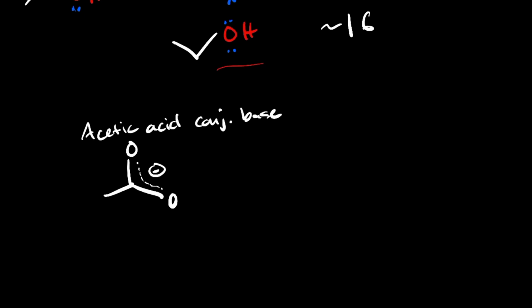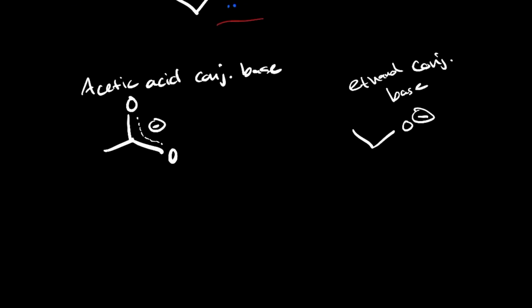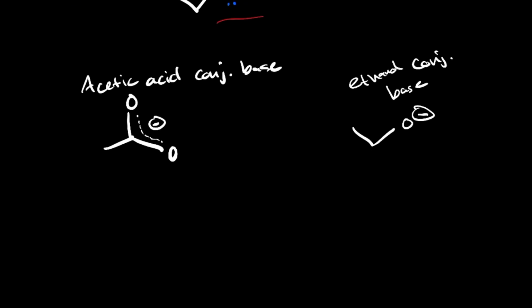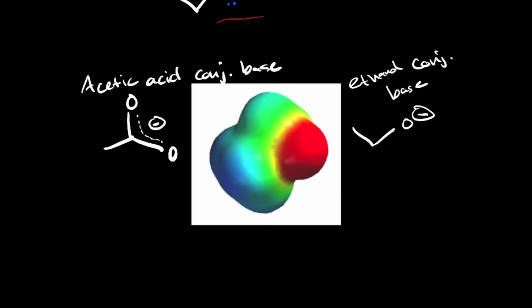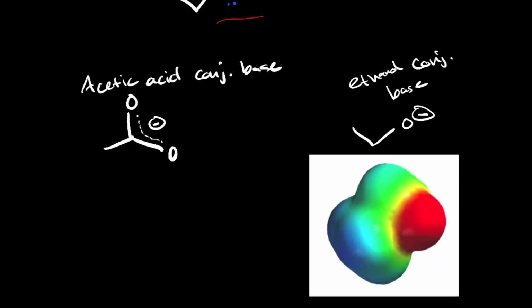Now the ethanol conjugate base is that. All right, and you know which one's a stronger acid by how weak the conjugate base is. And this electron density being smeared over these three atoms makes it more stable than the electron density at this single atom. In fact, if you look at computational modeling that places the electron density only on one atom,